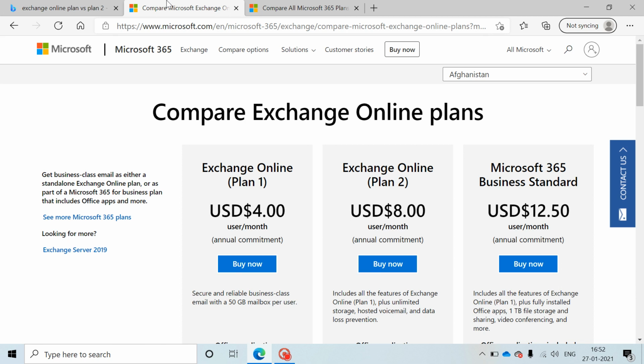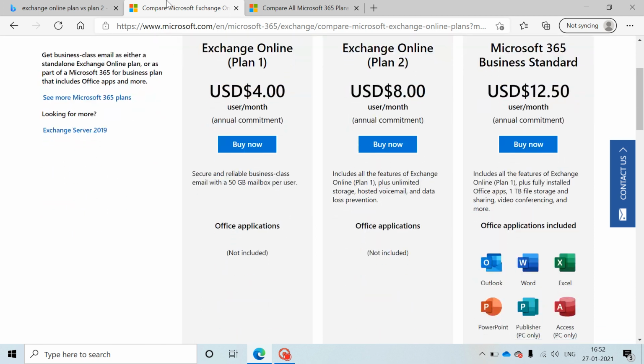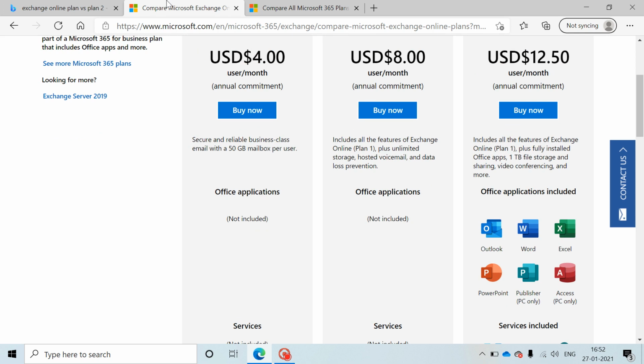The main difference between the two plans is, in Plan 1 you get a 50 GB mailbox, and Plan 2 is basically Exchange Plan 1 plus the advanced features. So you get everything which you get in Plan 1, but you will get some extra features in Plan 2. But to understand these extra features, you first need to start with O365. You should start using the Exchange plans, the mailboxes and everything when you set it up, and then you will understand what Plan 2 advanced features are exactly used for and when you will exactly need them.